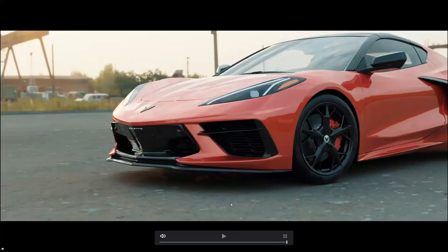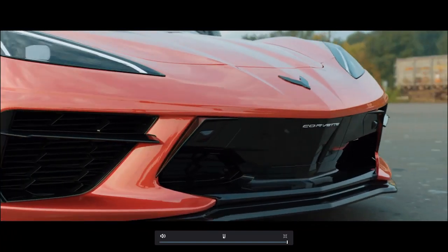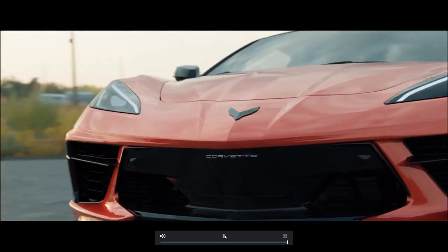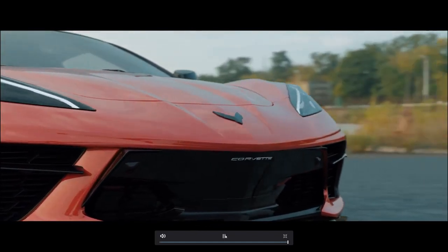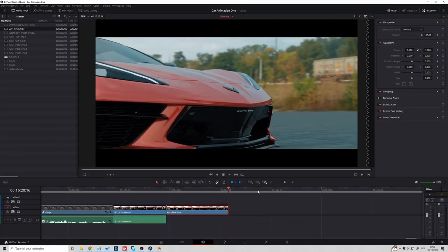So let's go back in DaVinci Resolve. So here are the results after I put some grading on the car. So it's okay, but without motion blur, it's not as good as it should be. So here, just to show you with motion blur, this is the original video. The only difference is that I have the motion blur enabled, and you will see that it's more smooth. Okay, so once again, don't do like me. Don't forget to press motion blur.